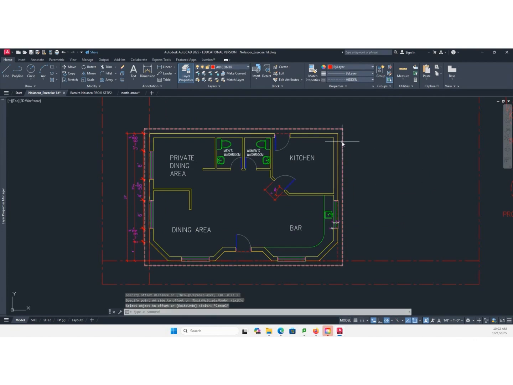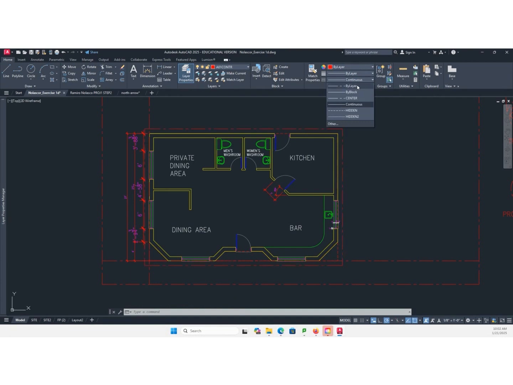And then I'm going to change this to continuous line. Okay, or bilayer. No, bilayer is short dash or center. So it should be continuous. So this is now my overhang or roof line.